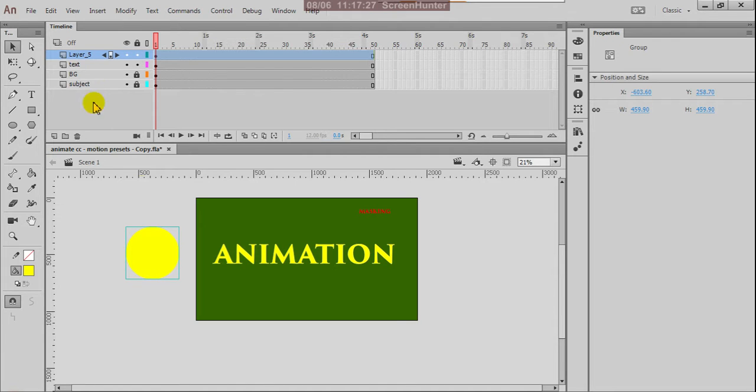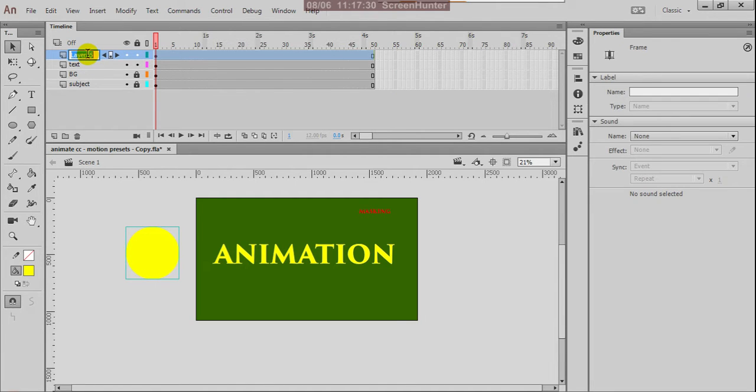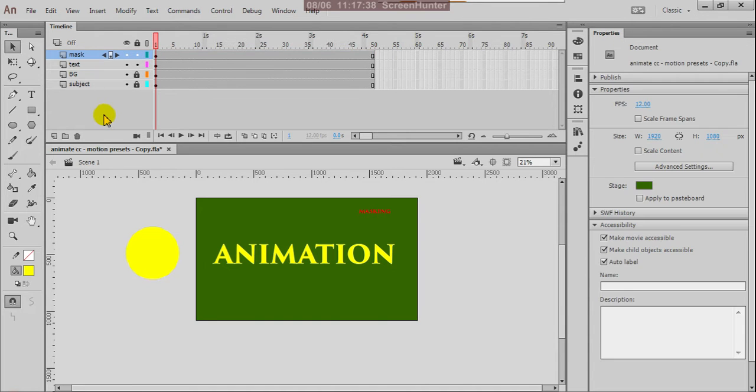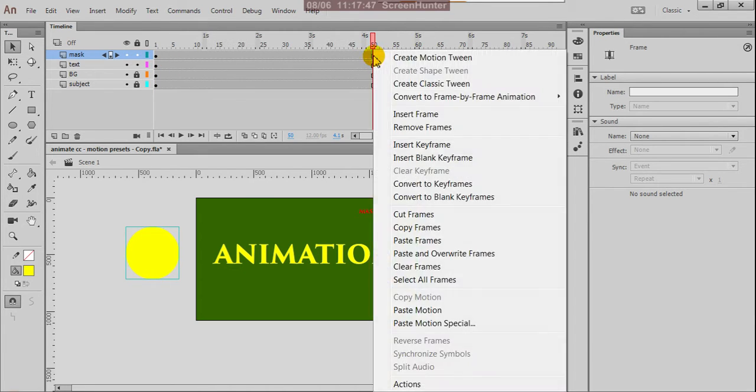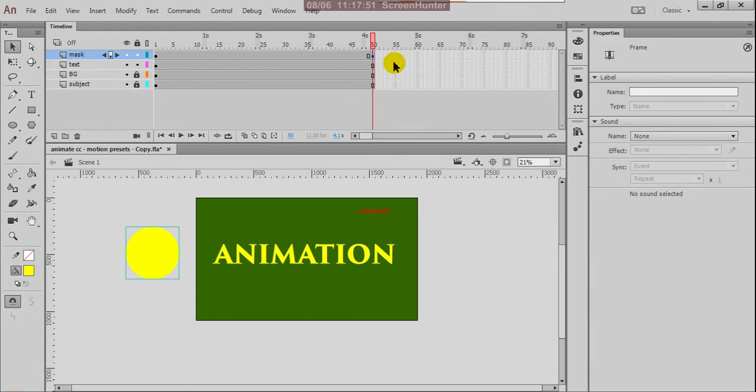Then you can name it, suppose this is mask shape. On this mask, right click and insert a keyframe.